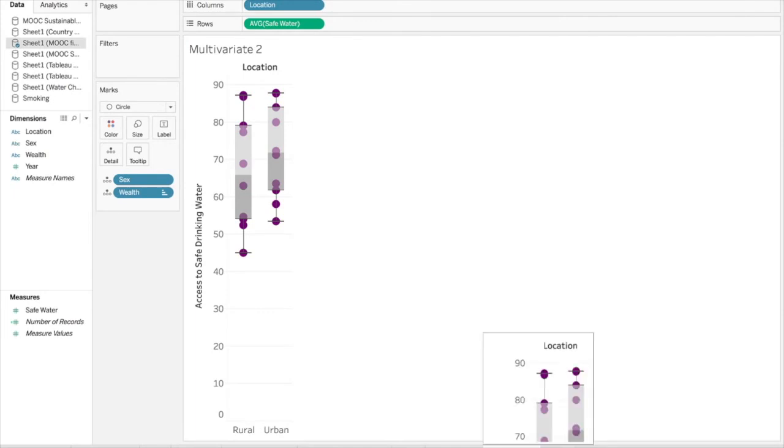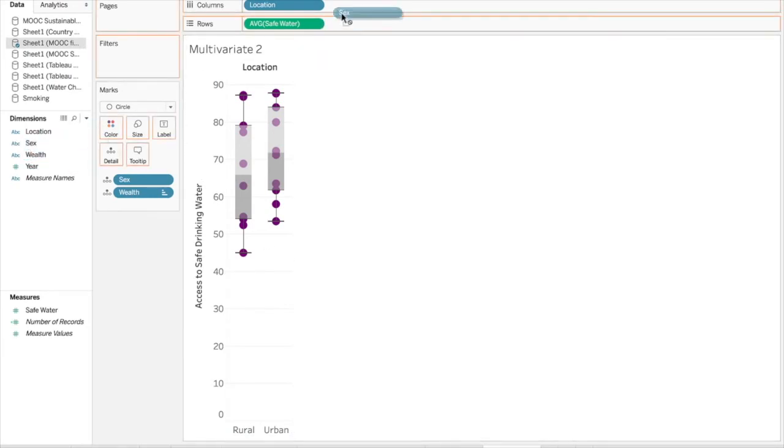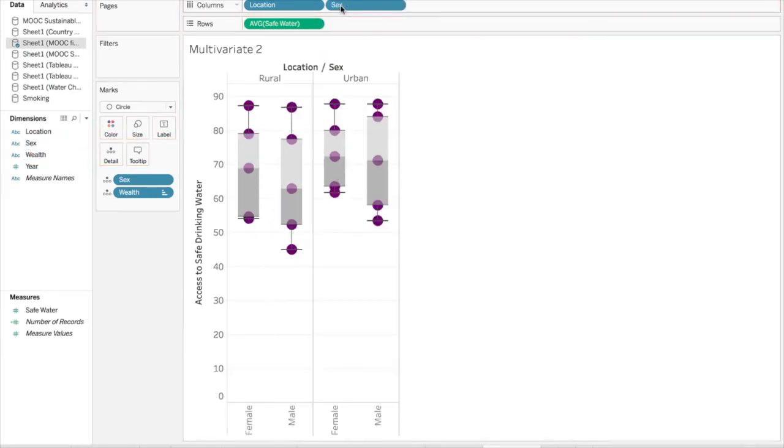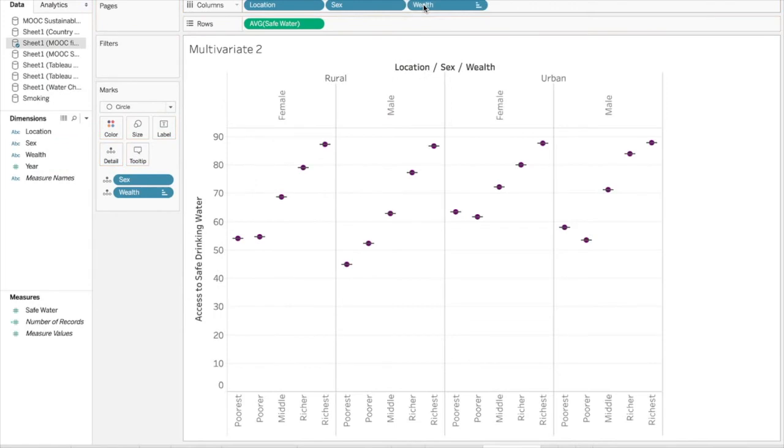This is, again, back to the box and whisker plot. This is only looking at rural and urban. Then if we want to see what it's like for men and women that are rural and urban, you can see that's looking different. And then if we want to look at how females living in a rural setting go up the wealth scale,